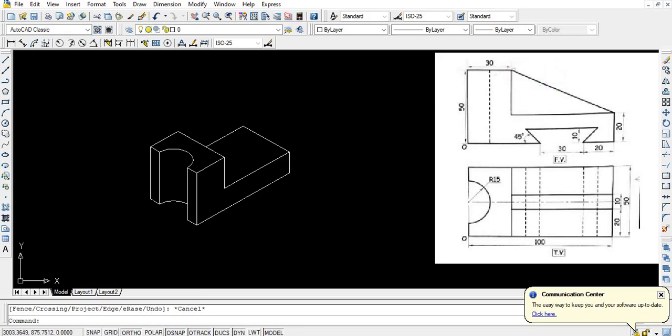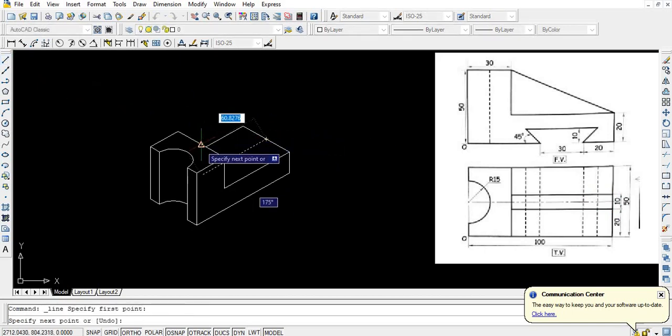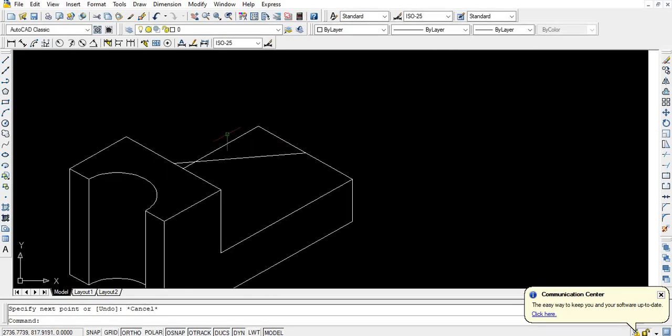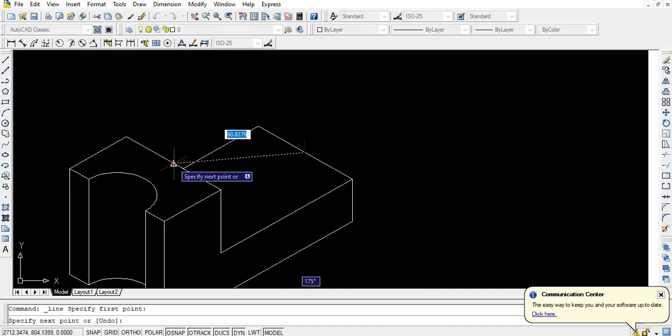Now this part is an inclined rib. So here you can see there is one rib of 10 mm thickness. So first I will draw one center line from midpoint to midpoint. That's it. ये हो गया मेरा लाइन फ्रॉम मिड पॉइंट टू मिड पॉइंट. सो ऑर्थो मोड को ऑफ करेंगे, उसके बाद ड्रॉ करते देखते हैं. मिड पॉइंट टू मिड पॉइंट.